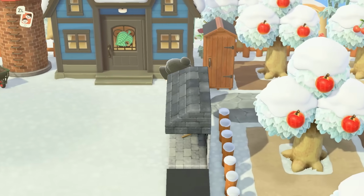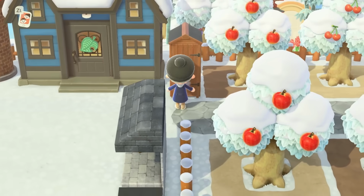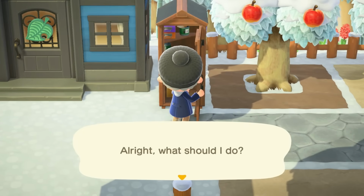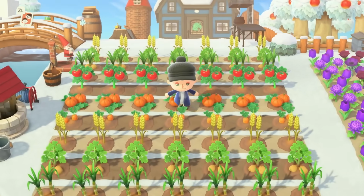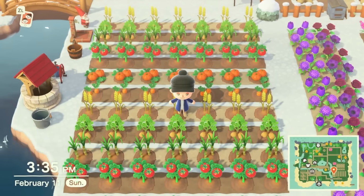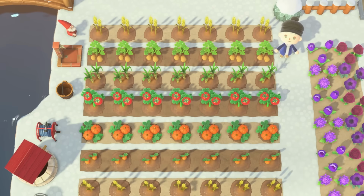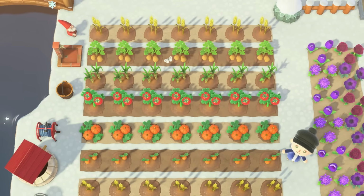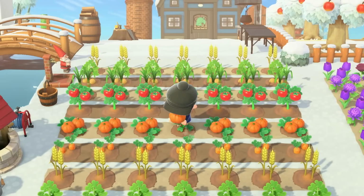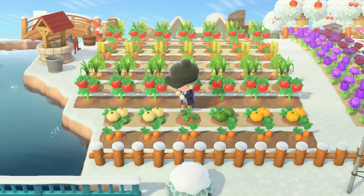Going down from my house is an outdoor area for crafting and cooking. There's also a shed so you don't have to go inside to access your items in storage. Down further from that is where I farm my crops. Again, I separate the rows by alternating the dirt paths between the light and the dark dirt. There's 6 different kinds of crops, and they're organized by wheat, potatoes, sugarcane, tomatoes, pumpkins, and carrots, repeating once more below. The top row of pumpkins grow exclusively orange ones, while the bottom row evenly splits between white, green, and